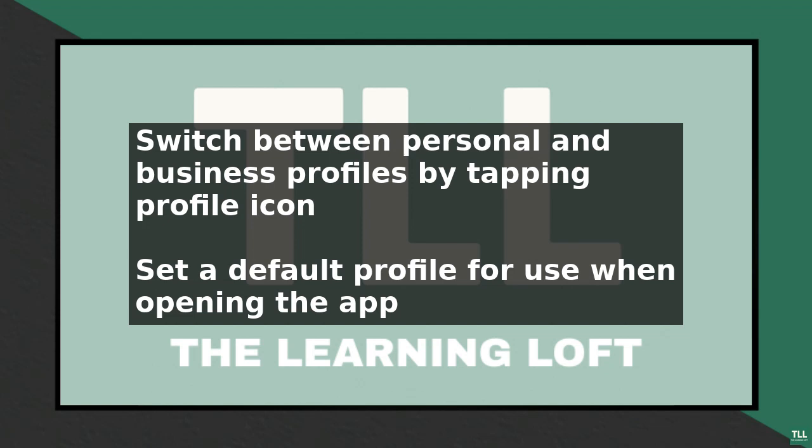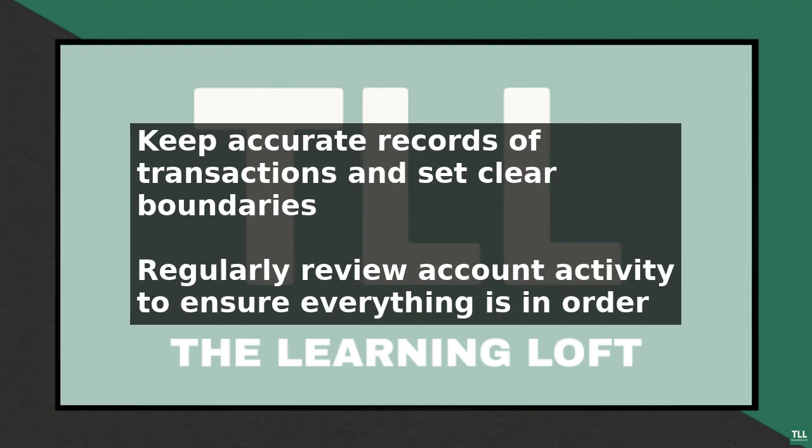To switch back to your personal profile, simply tap on the profile icon and select your personal profile. You can switch between profiles as many times as you need to, making it easy to keep your personal and business transactions separate. Best practices for using Venmo for business include keeping accurate records of all transactions, setting clear boundaries